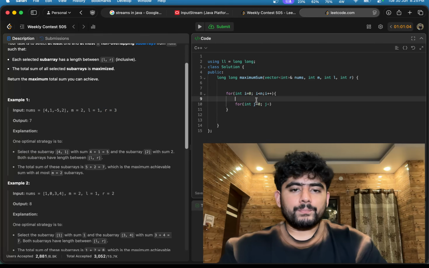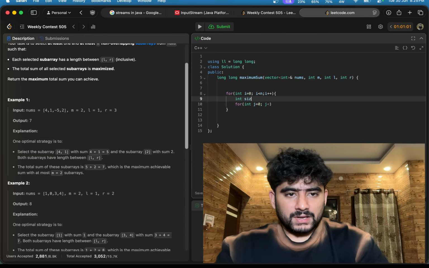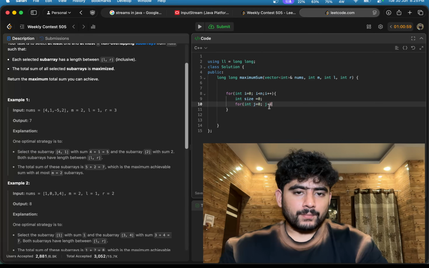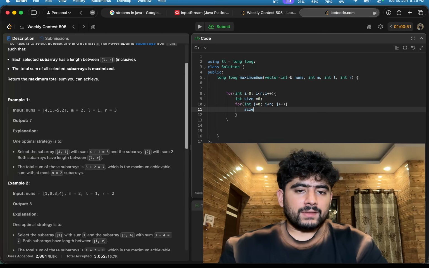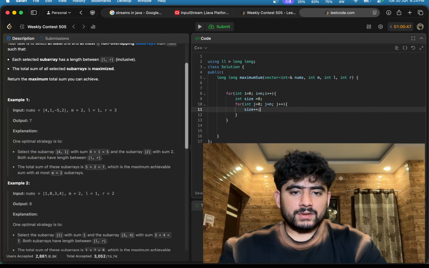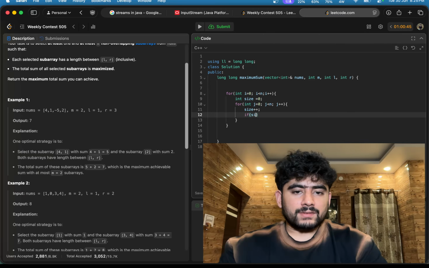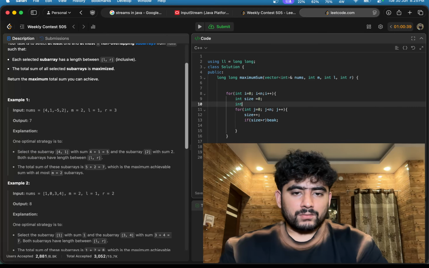and r. So we can also make size equal to 0, and i and j equal to 0, and we can go up to n, j plus plus, and size plus plus we can do, and if the size is greater than or equal to r we have to break, and we also need a sum equal to 0,